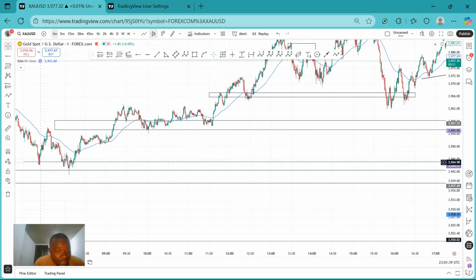If you do not get in here, wait for it to break through, which is this pattern now. You can see it actually broke beyond this other block, a very tiny other block. It went up, it came down again. So before you can enter, I will advise that you allow it to break through something substantial. There was this tiny one that was created here, so it broke through it before later retesting and later